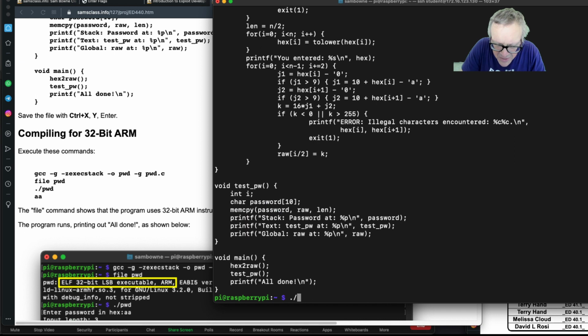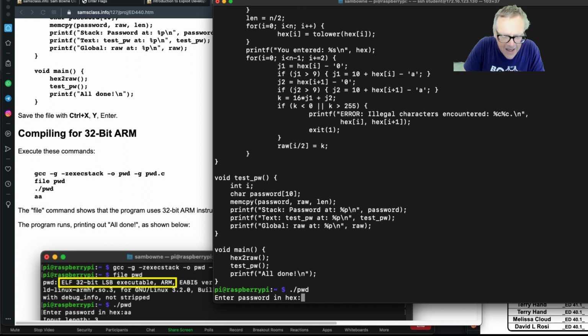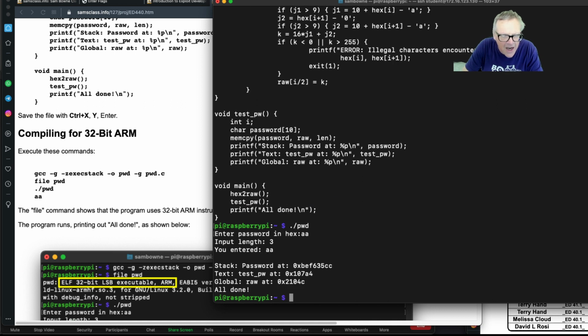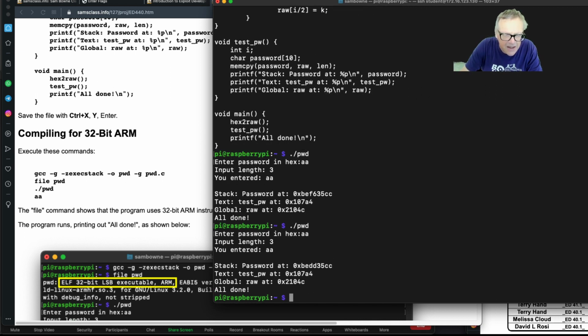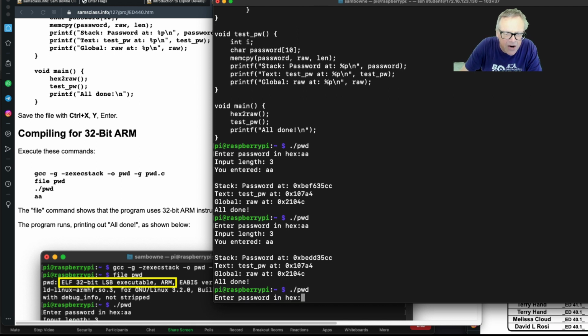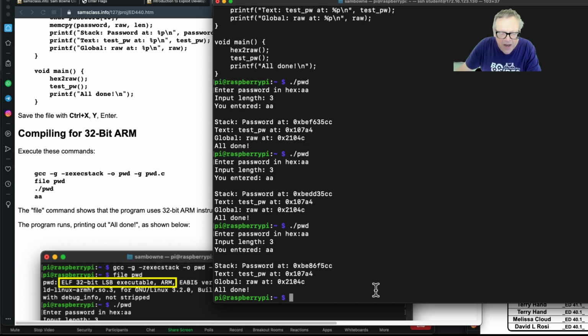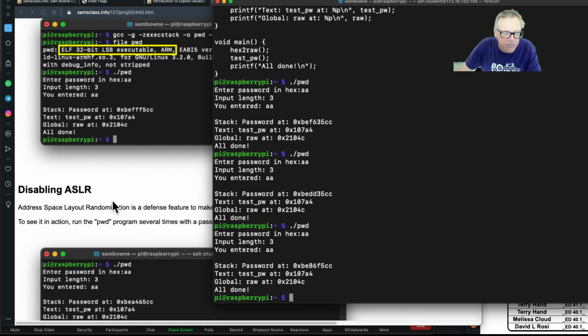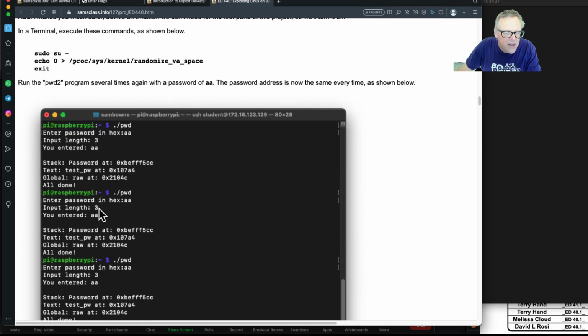So if you run pwd and give it a password of 2 A's, it has to be 2 characters in hexadecimal. Notice that the password is at 35cc. If I run it again, the password is now at a different address. This was BEF6 and this is BEDD. So address space layout randomization is on, and that's bad. That will break my exploit. So we have to get rid of it the same as before